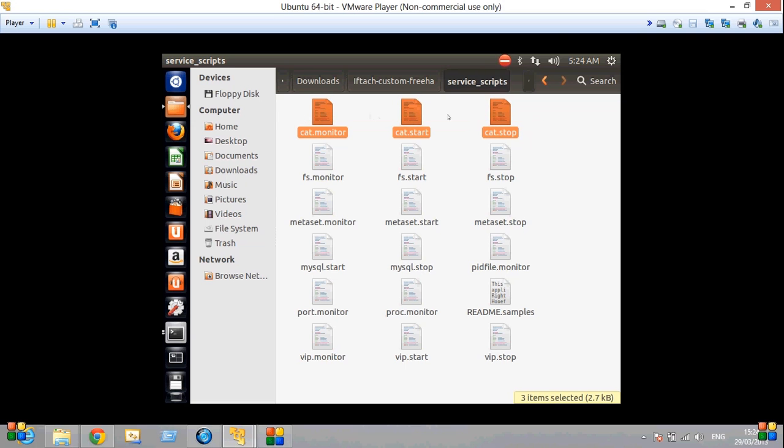Now, these are the three files I'm using. This is the shell file that is called when a program starts. This is the shell file that is now called constantly as the program is monitored. This is the file that is called when the program is